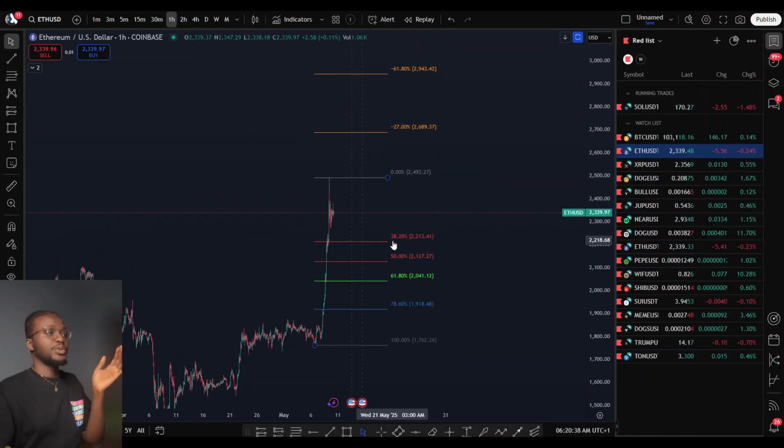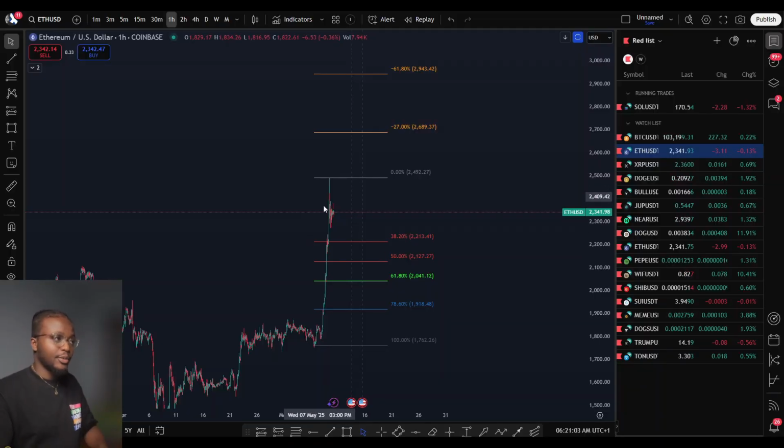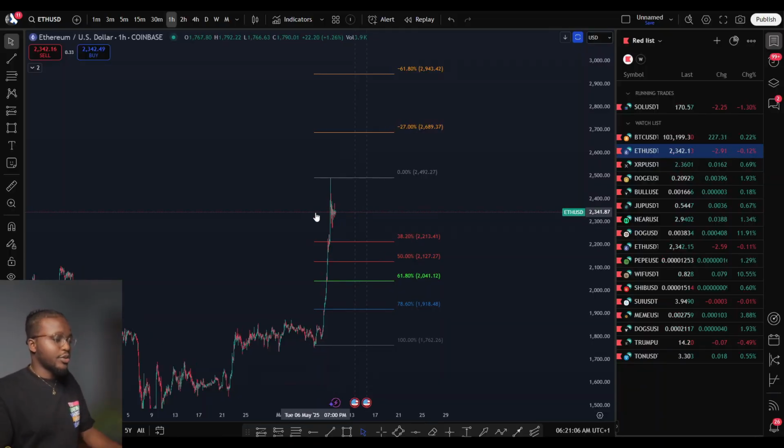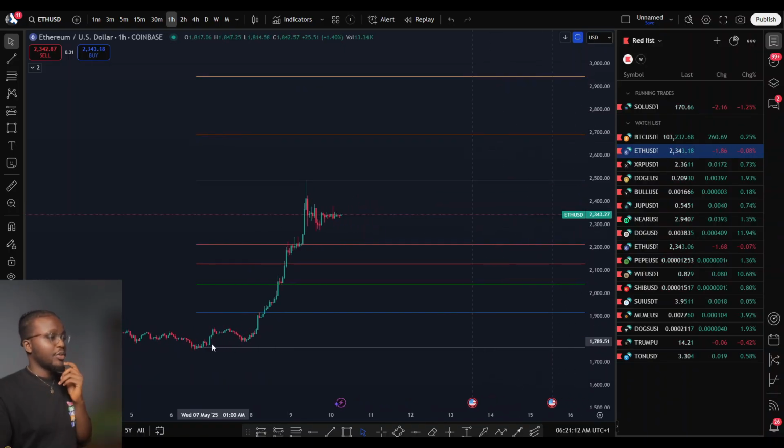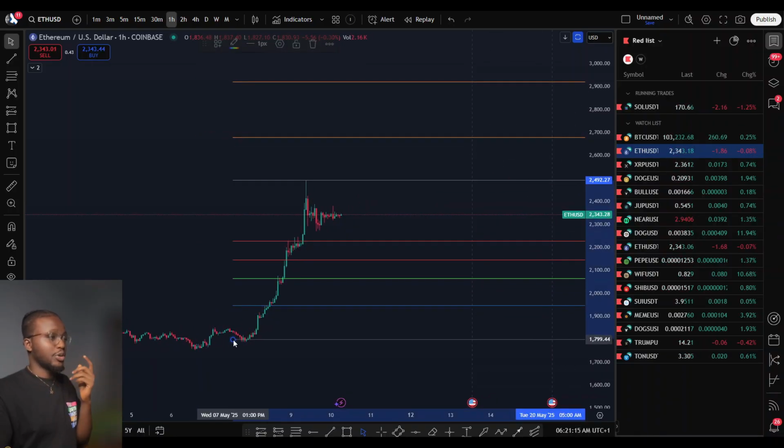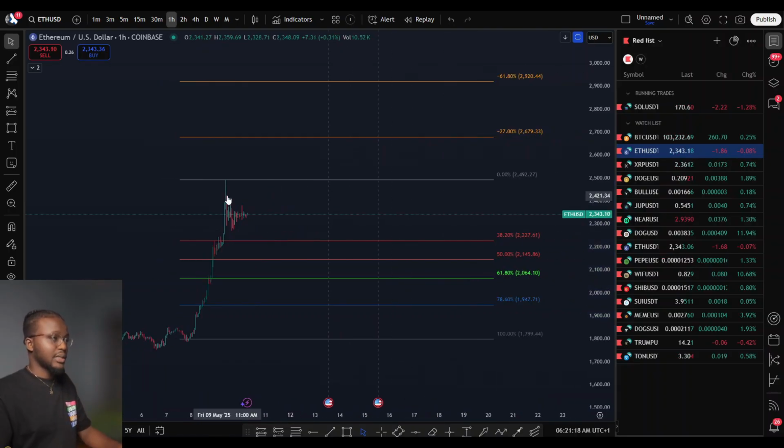Now, the 38% region, where price reverses, is kind of a weak support level, but it's where you should know that when price gets there, you should be gearing to start studying the price action, the candlesticks, to know when the tides are about to turn and continue the leg up. Are you getting me now? Seeing this, obviously right now, since it pumped, it has already dropped a bit. But if you had drawn this when ETH pumped initially, you will see that